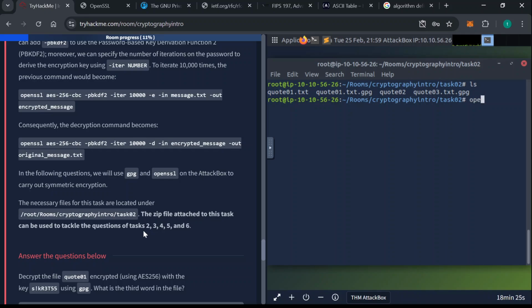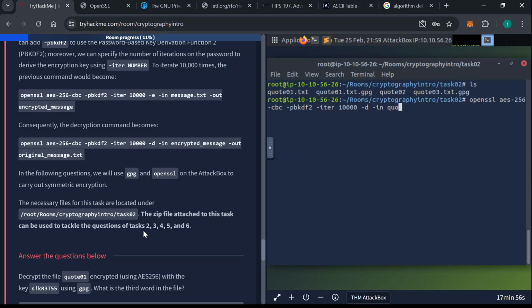Okay, openssl aes 256 CBC, PBKDF2 iter 10,000 1, 2, 3, 4. Good. We are going to decrypt in